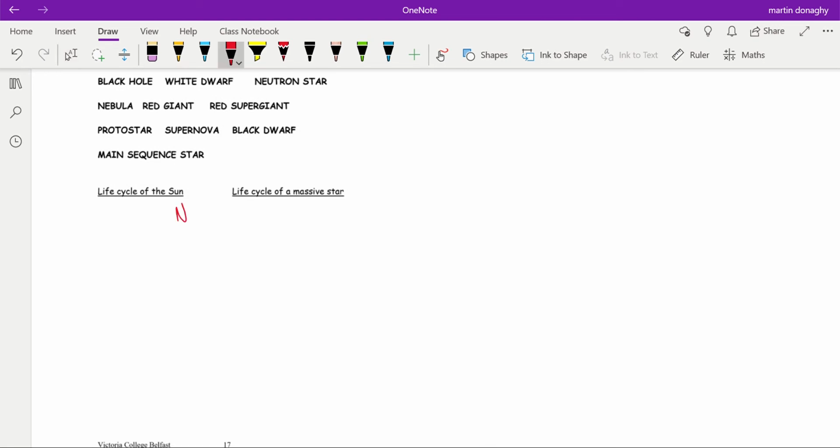So we start off with a nebula. Okay, so we have our cloud of mainly hydrogen gas. Gravity acts, pulls it together, and forms a protostar. Gravity continues to act until nuclear fusion happens, and we get our main sequence star, where hydrogen is fused into helium. But eventually the hydrogen